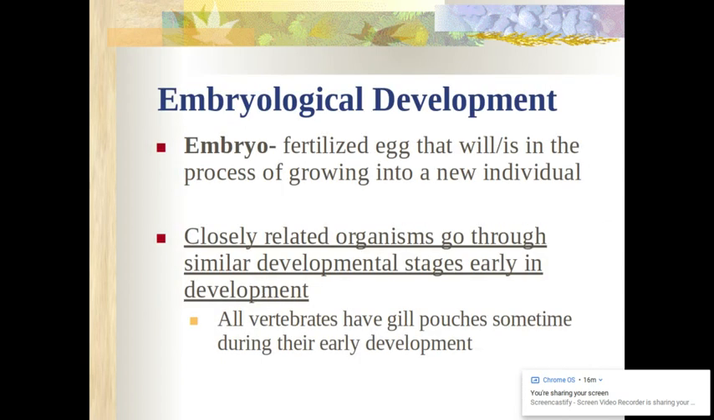And finally, embryological development. Closely related organisms go through similar developmental stages early in development. We usually compare vertebrates, being things that have a vertebrae, a spine. And so we look at different vertebrates and we can see them. This is something I studied a lot in college, and it's basically the same. We looked and studied